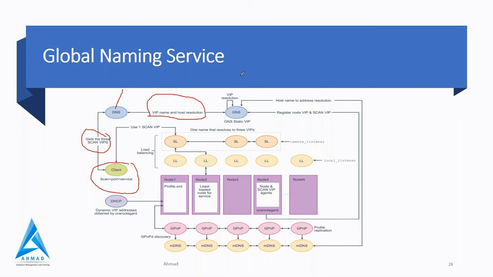What is the work of DNS? DNS basically resolves the naming from the IP and from the naming to IP, so vice versa it will work. If you provide the IP, it will give the name. If you provide the name, it will give the IP. So nslookup is the command, right?